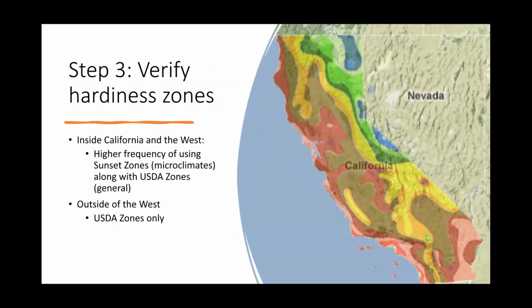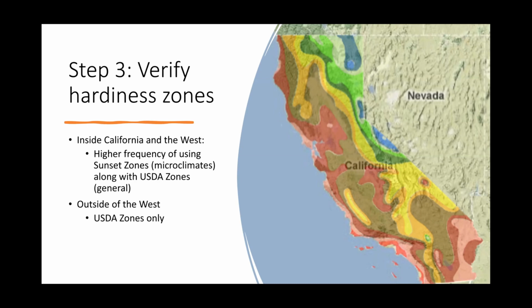And then step three, we'll go through these in more detail during class, but the other one that you want to look at is hardiness zones. Now there's the USDA hardiness zones and there are the Sunset zones in your textbook. You want to refer to your Sunset zones almost on a regular basis, but most of the resources outside of California won't be referring to Sunset zones. So that's why you have to sort of circle back, look at USDA zones, understand what they're saying about hardiness,